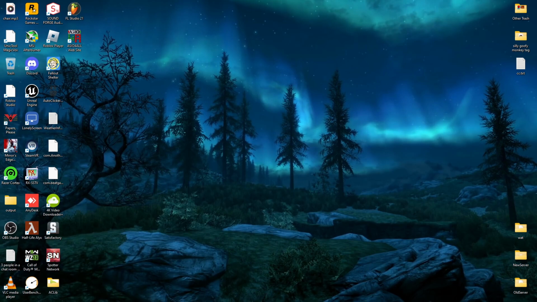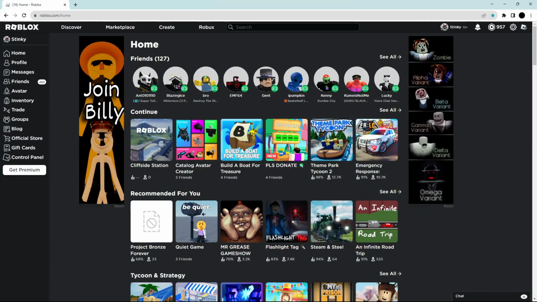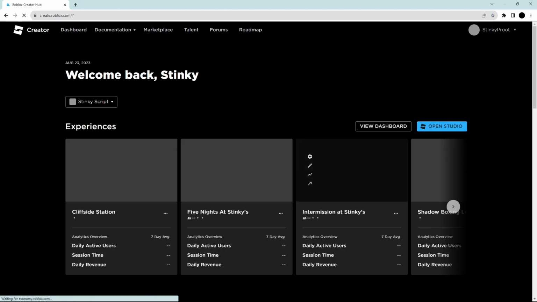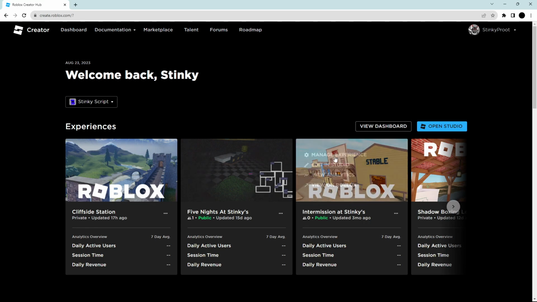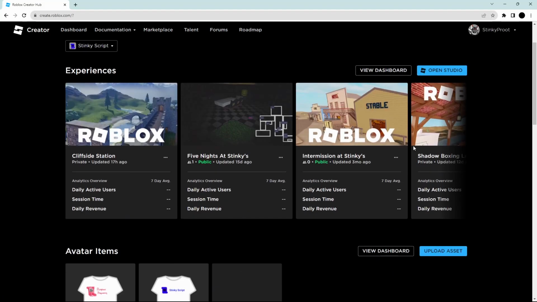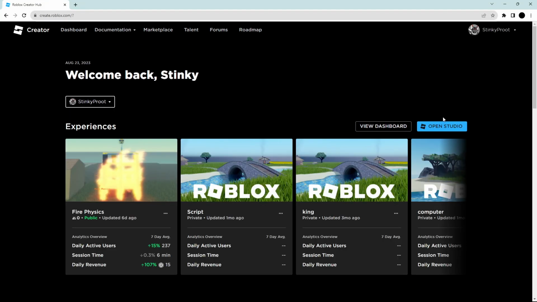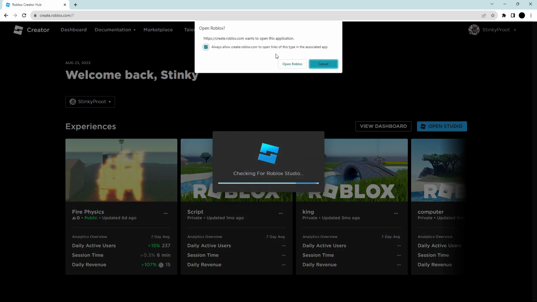So I'm going to explain coding, assuming that you know absolutely nothing, you're brand new to Roblox Studio, and you are generally just lost. So the first thing you want to do, you go to roblox.com and you want to download Roblox Studio. So you press the create button at the top, and there should be an open studio button. If there isn't, there should be some kind of button that says download studio. So I'm going to open Studio,